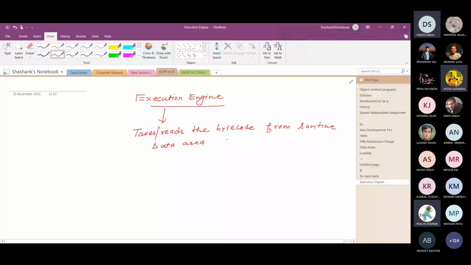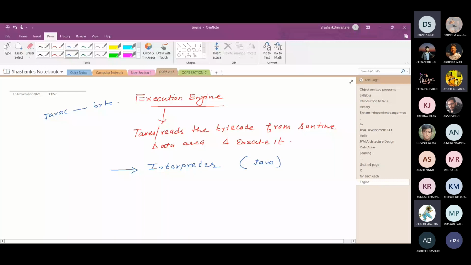How is it executed? There are the following subcomponents in the execution engine. The first component responsible for program execution is the interpreter. In Java, the java command is for the interpreter. After compilation with javac, bytecode is generated, and the bytecode is run by the interpreter, that is the java command.